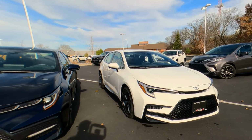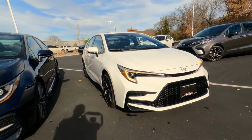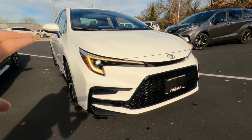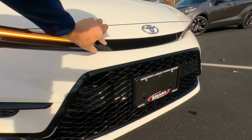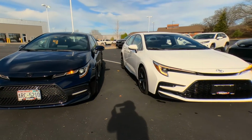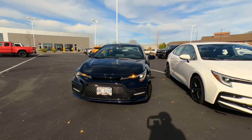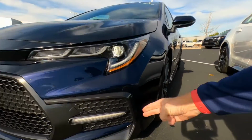And then the 2023 has an all new grille on here. You can see more of that dark graphite painted surface, and then a much larger grille here, and this is also narrower here on the 2023. Take a look over here at the 22. So you can see the grille design is much different, and I mentioned before that the 2022, this blue one,